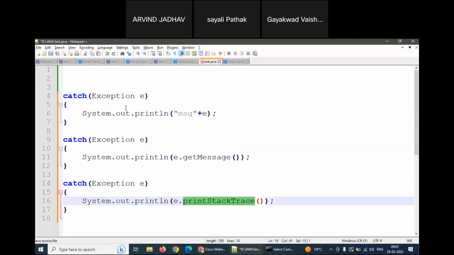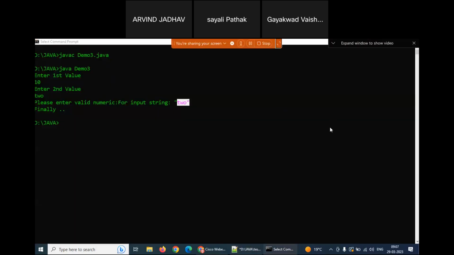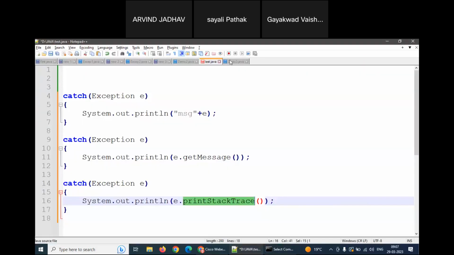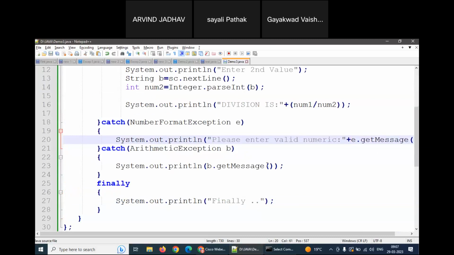एक्सेप्शन में तो आपको कॉज भी दिखाएगा और फॉर्मेट का एक्सेप्शन भी दिखाएगा। अगर मैं ओनली एक्सेप्शन e करता हूँ और जस्ट उसे प्रिंट करता हूँ, देखो इसके अंदर मैं क्या करता हूँ, कोड के अंदर जस्ट नाउ here will pass the e. ओके, अभी ऑब्जेक्ट थोड़ा सा अलग लिया है मैं समझने के लिए कि नंबर फॉर्मेट का e रहेगा और अरिथमेटिक का e रहेगा, सेम रहा तो भी चलता है। ओके, सो अब देखो यहाँ मैंने e.getMessage मेथड